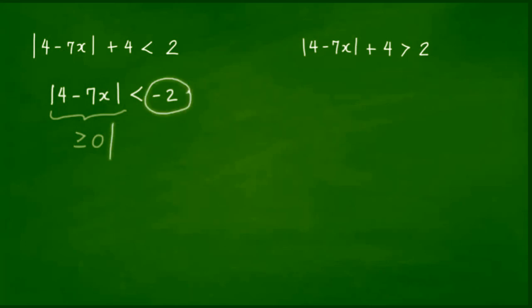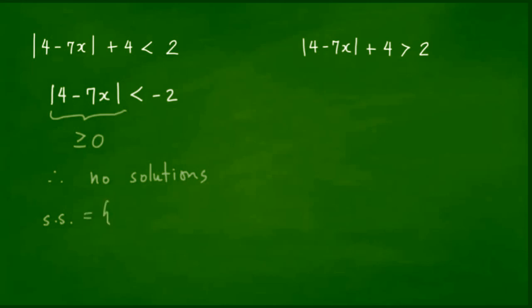Of course not, because again, absolute value of a number is always greater than or equal to 0. So therefore, our conclusion here is that this inequality has no solutions, or we write our solution set as the empty set,